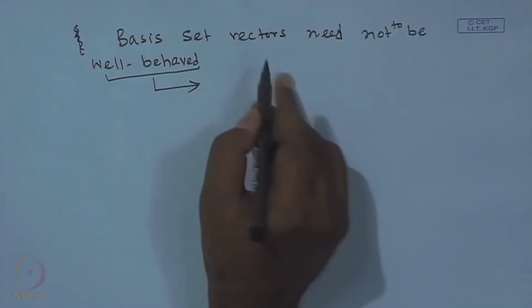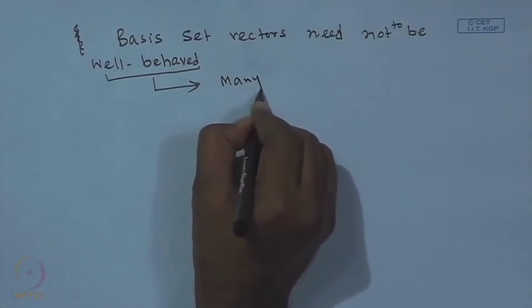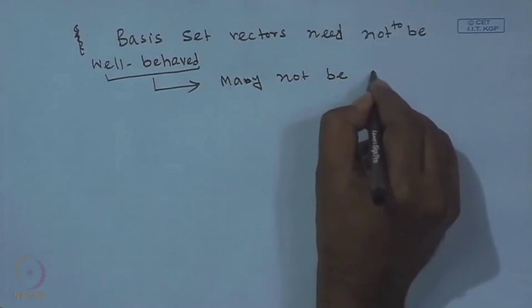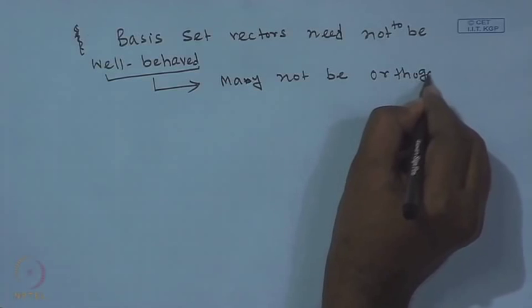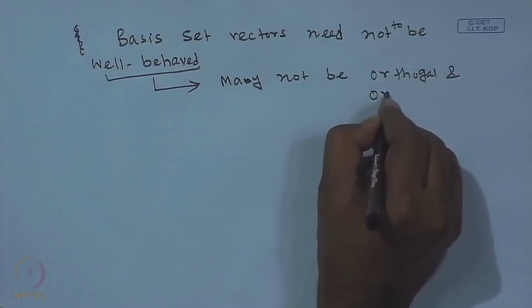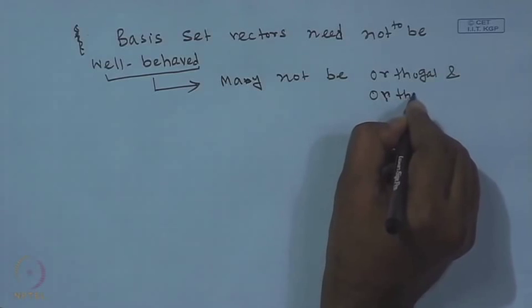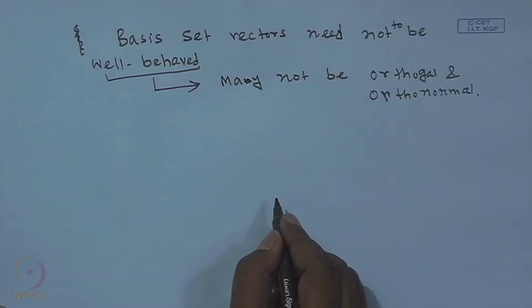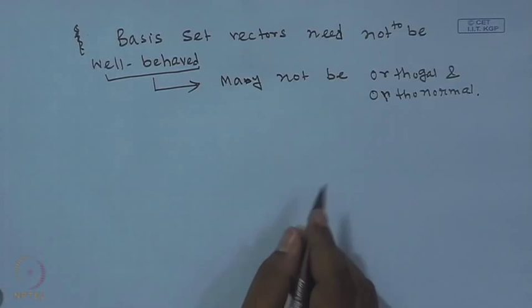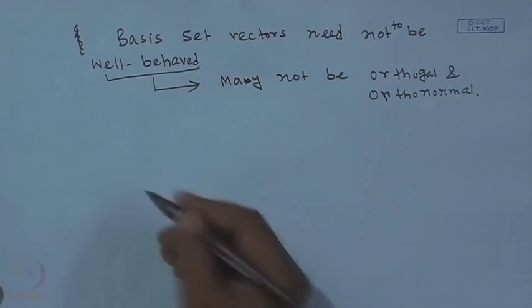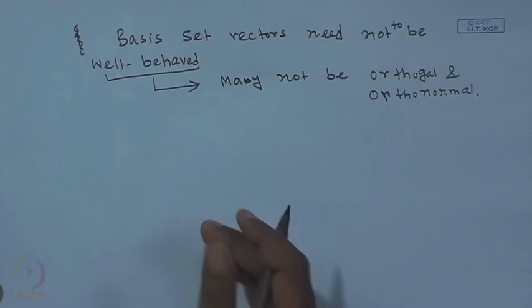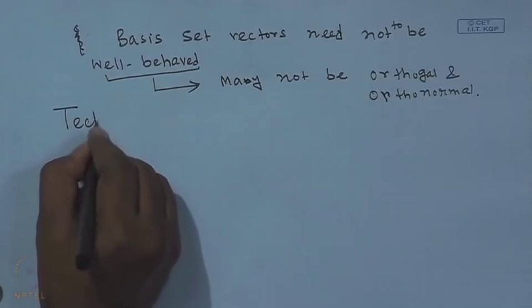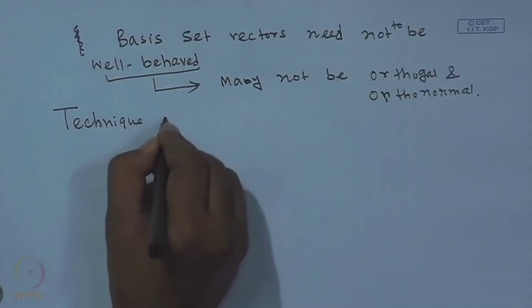That means, these vectors may not be orthogonal and at the same time orthonormal. So, for that what you have to do? You have to adopt a technique to make the basis set or independent set of vectors orthogonal and orthonormal. So, a mathematical technique is required